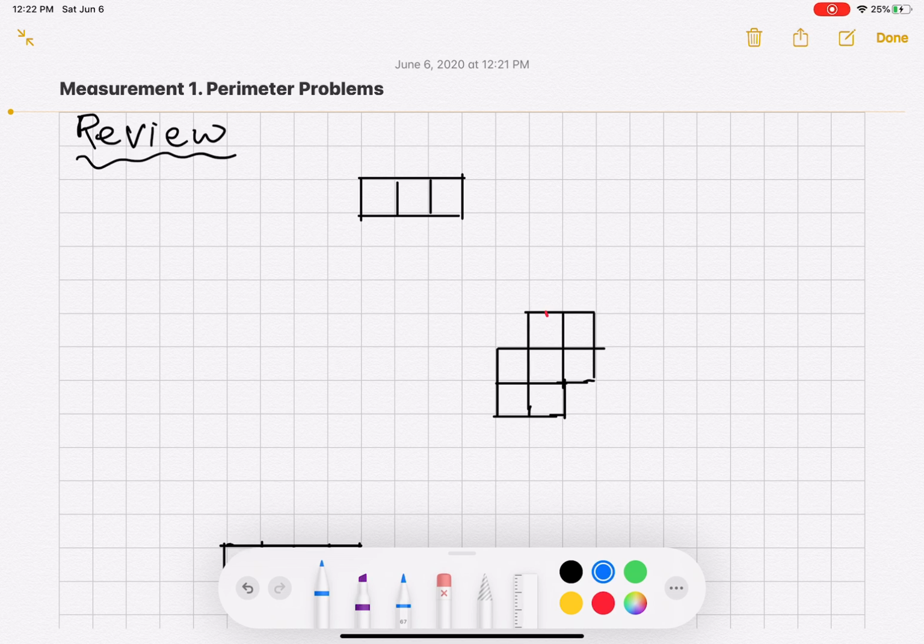All right, now we're diving into measurement. One of the most important units, I think, because it applies everything they've learned. And people measure things almost daily in their lives. Area and perimeter are also really important for architects and graphic designers and other